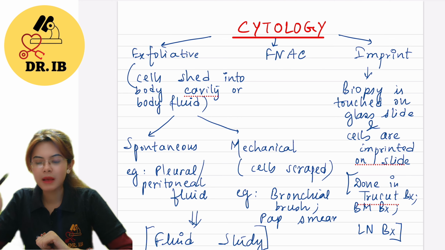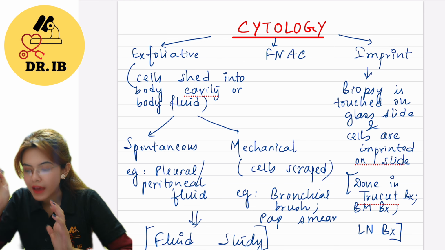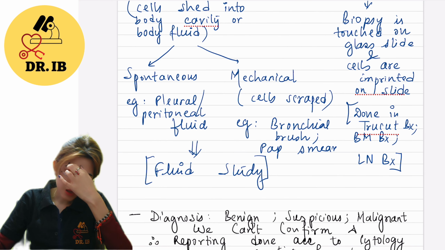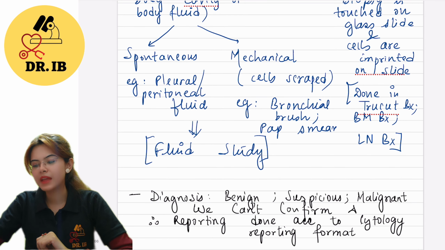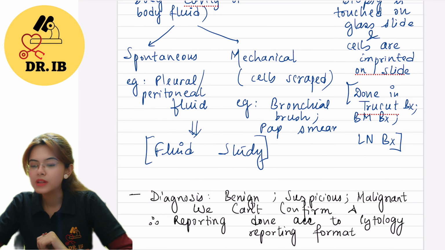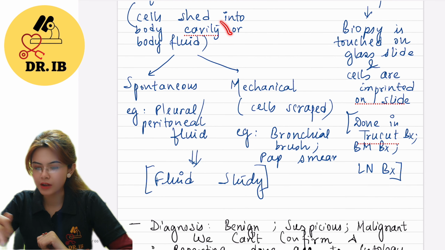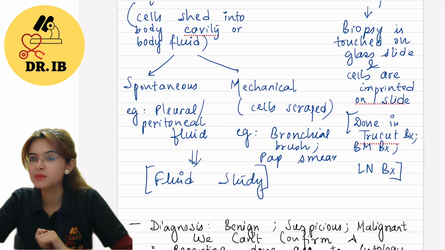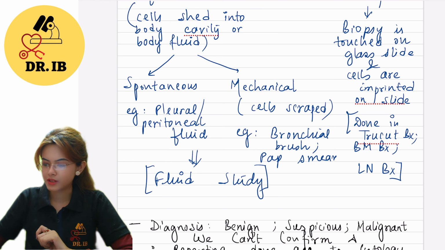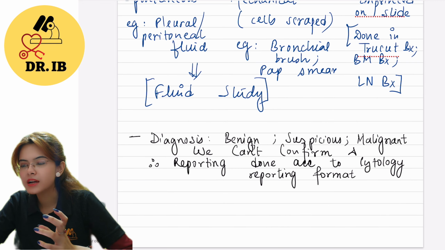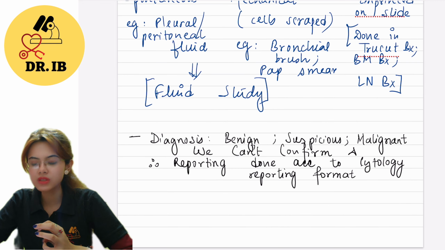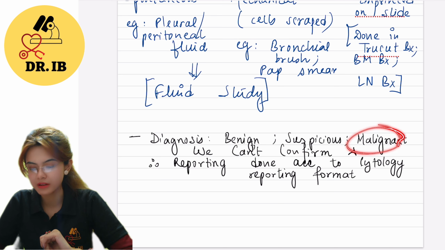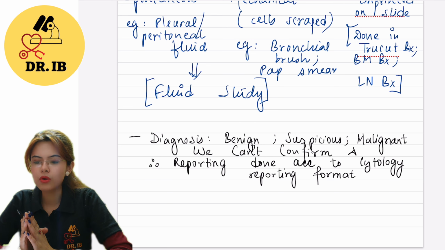But there is another spectrum which is the FNAC, right? So I guess now you know the basic headlines of cytology. Now please understand that any kind of pap smear that we do also comes under exfoliative cytology, because here the cells are scraped. We are not puncturing, we are not doing a needle aspiration, right? Now obviously the lines along which we give the diagnosis are that it is either benign, or suspicious for malignancy, or malignant, so that the clinician at the first go can have an impression